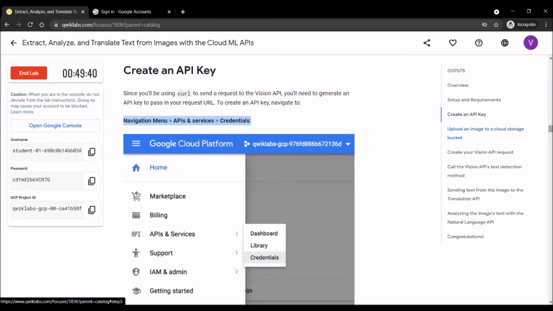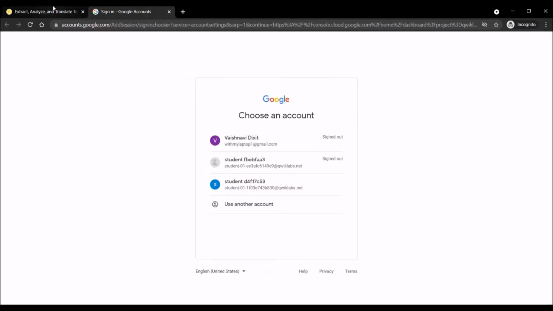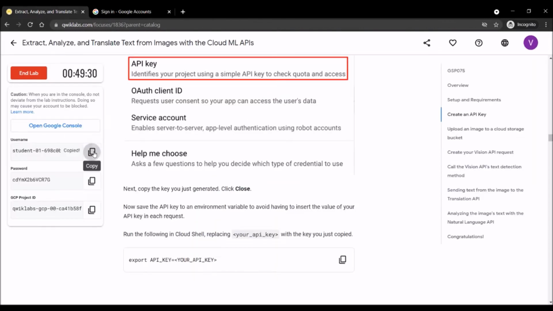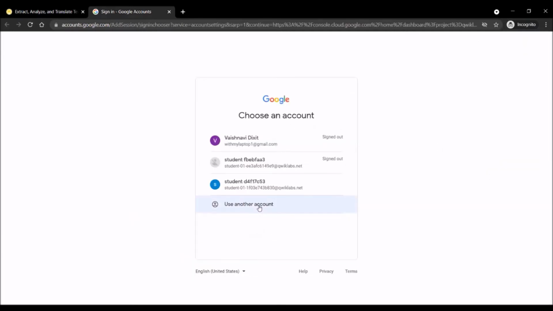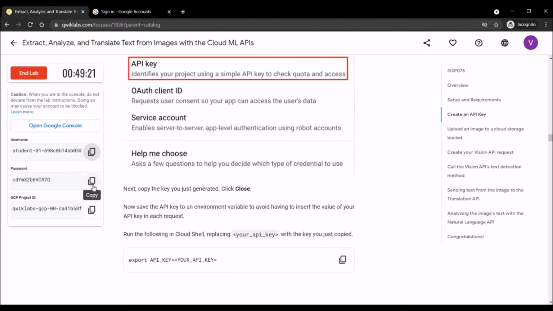We will start. First we'll have to create an API key, then generate an API key and type the below command in the Cloud Shell and save the API key into the API key variable. So let's sign in first.